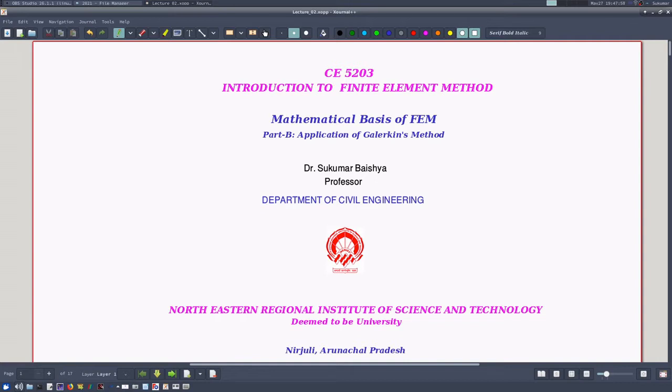And we have also studied the details of Galerkin's method, how the weak formulation is done, how the differential or partial differential equation is converted into integral equation, and then we have also studied the physical interpretation of Galerkin's weighted residual method,